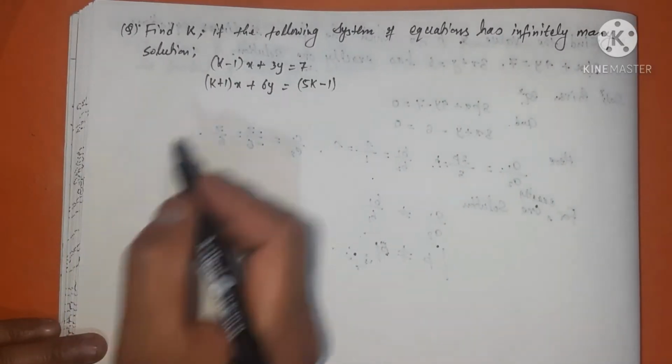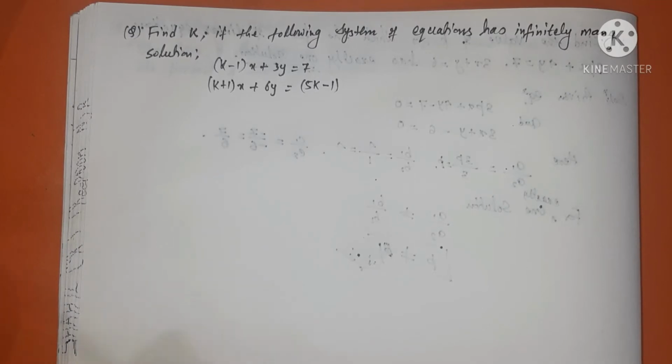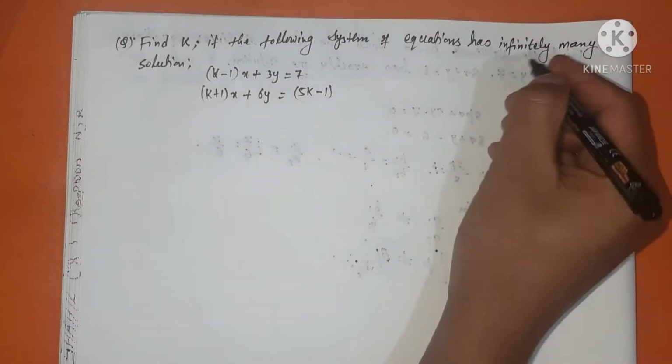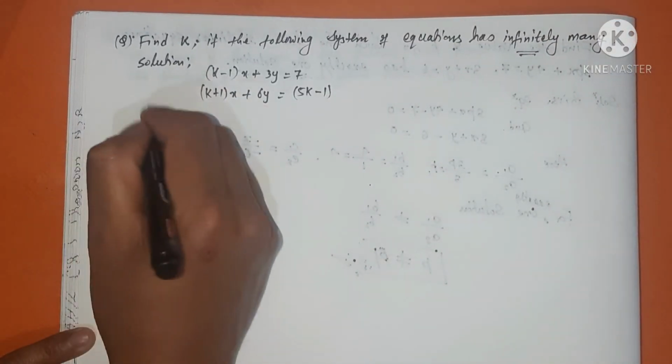Now here I have another question. Find k. We need to find the value of k if the following system of equations has infinitely many solutions. If it has infinitely many solutions. So now see,